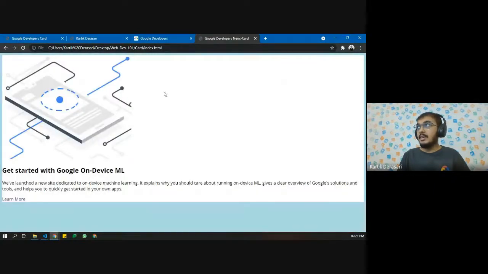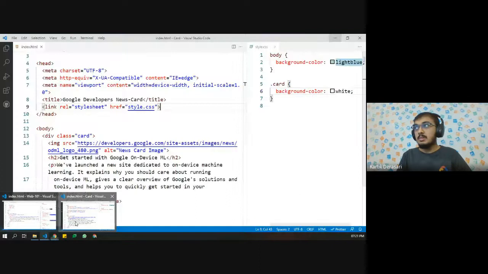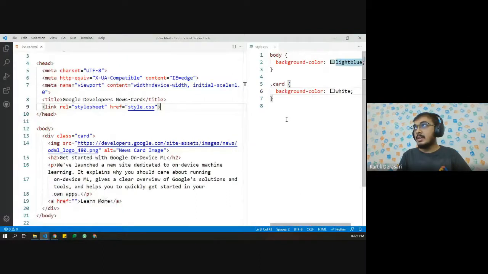Okay, it is working. So can you see that the div is not covering the 100% width? Here we have a margin, right? By default, the body tag has some margin and padding.